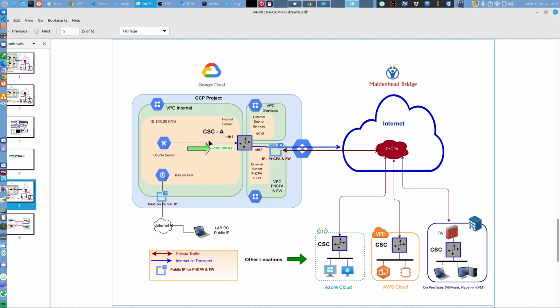One is the internal interface, the other one is the interface for services, when the connector connects to the Google API or goes to download the policies. And also we have the PriCPA and firewall interface. So this is the real interface where the traffic goes to the other site or it goes to the internet